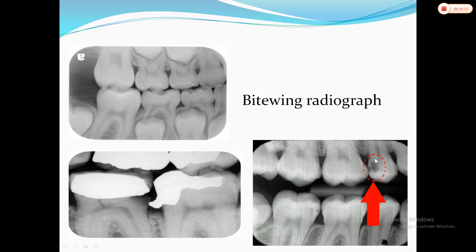So, say this is the proximal caries lesion. You can detect clinically invisible proximal caries lesions with this. See here, the occlusal area is intact because the caries is below the contact area. So by using this radiograph, you can detect this proximal caries lesion. This radiograph mainly concentrates on the crown part and coronal aspect of the root. So you can check the interdental bone levels also and even the overhanging restorations.